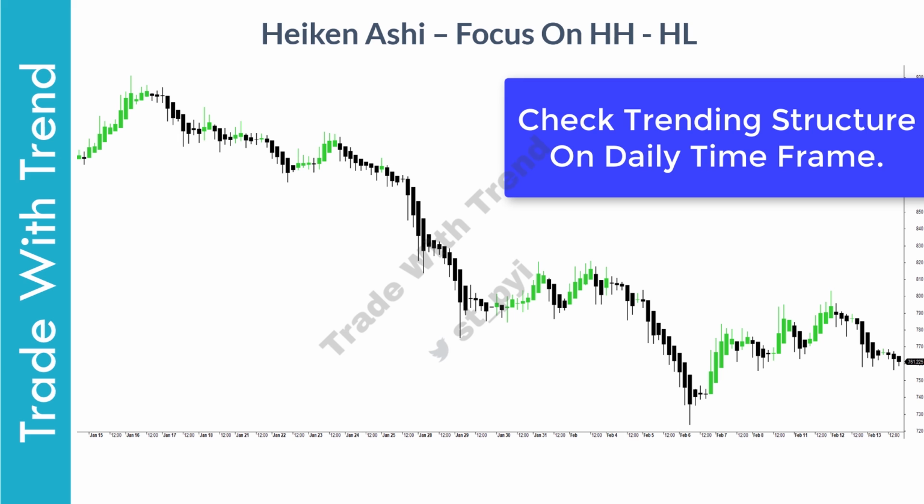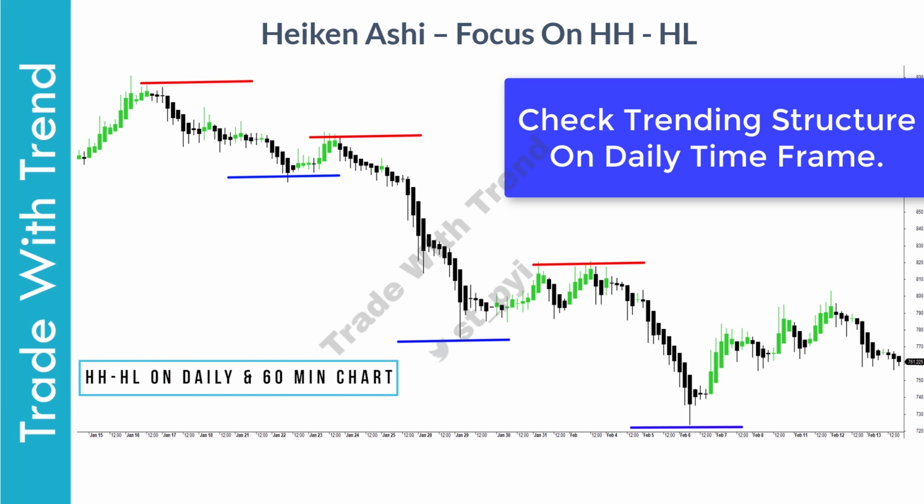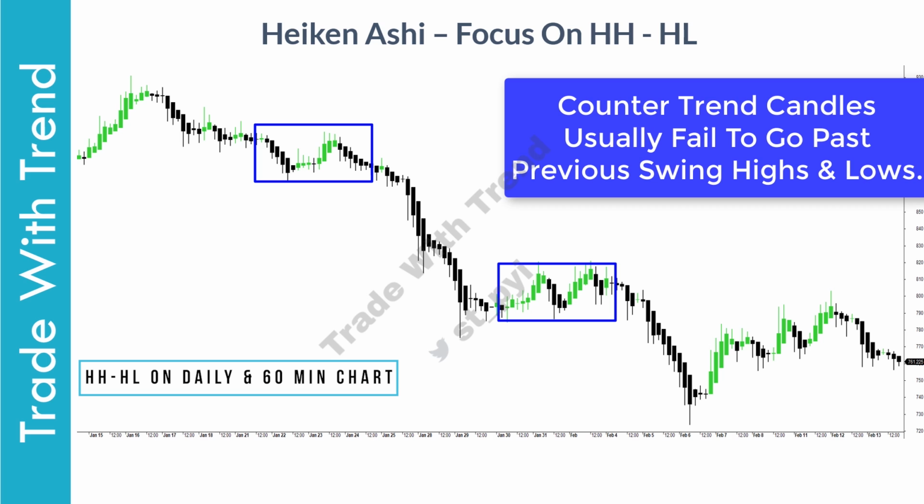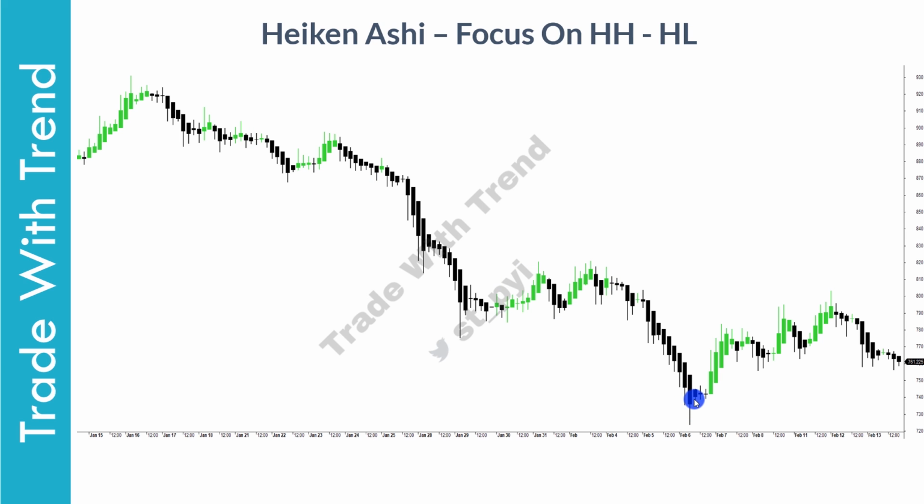Now in this chart in front of you, look at how well the structure of lower high and lower low has worked over a period of time. At all times, whenever we have had counter trend candles, none of these candles could move higher than the previous swing high. This means counter trend candles were happening within the context of lower high and lower low, and hence such candles should be ignored. Without this reference point, you will be inclined to exit trades based on these counter trend candles that I've marked here. In this region, after a long tail demand candle, it is the first time that price forms a structure of higher high and higher low.